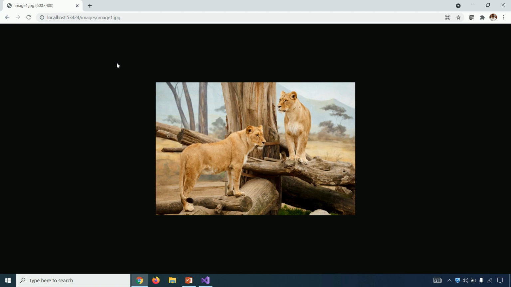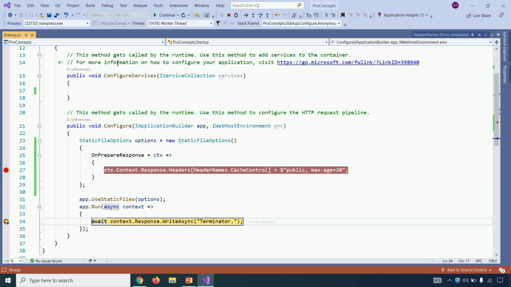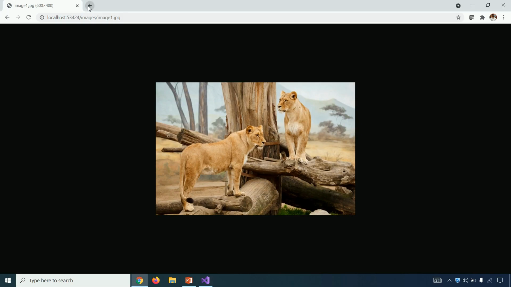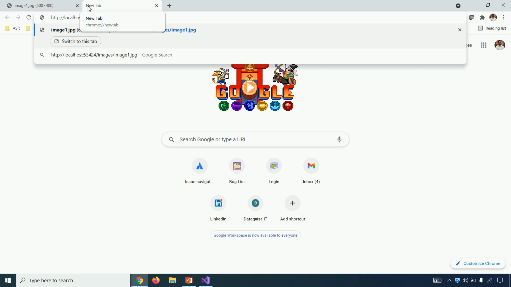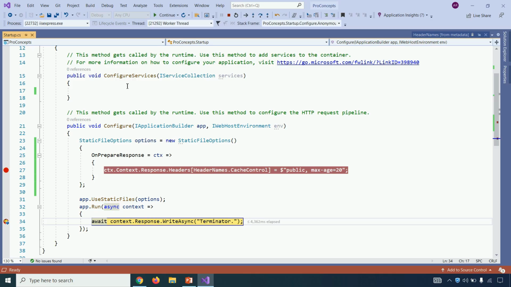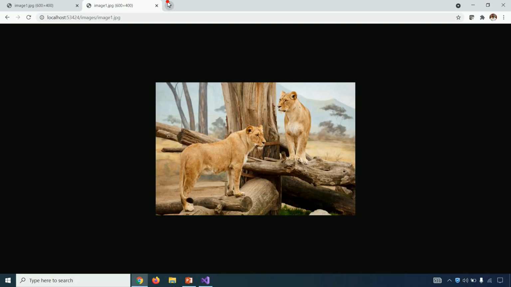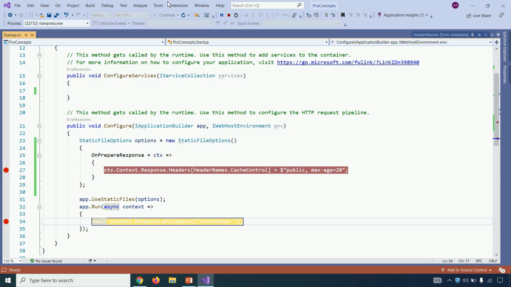So let's try that. First press Ctrl plus F5. And this time, instead of pressing F5, just copy the URL and paste it into a different tab. Now if you see, if we send a request within 20 seconds, our debugger will only hit the Run breakpoint.